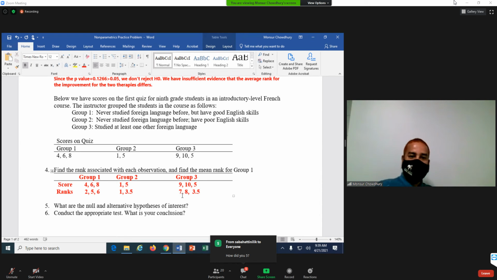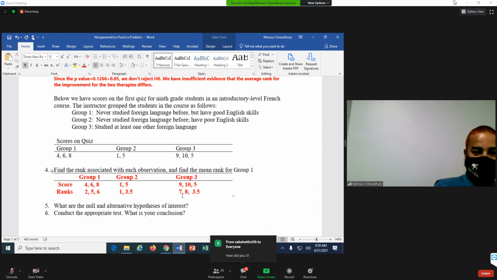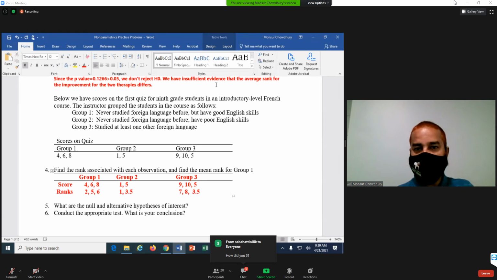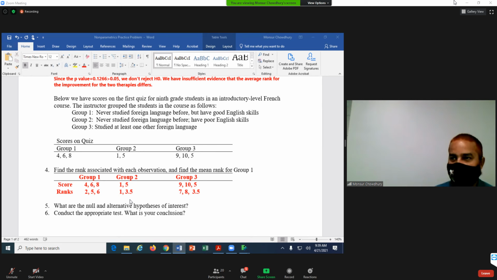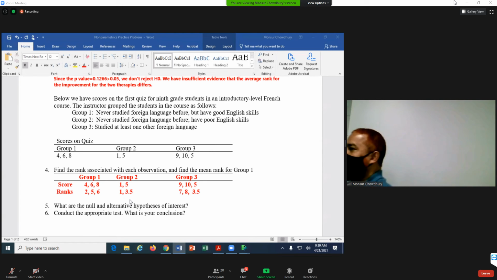Now we calculated the rank for each of these groups. Let me see. What do you mean by how did you define the ranks? Could you explain again? Yeah. For the rank, I just look at the lowest score and put the rank according to ascending order. So we started with the lowest one, the lowest score is 1, so the rank is 1.